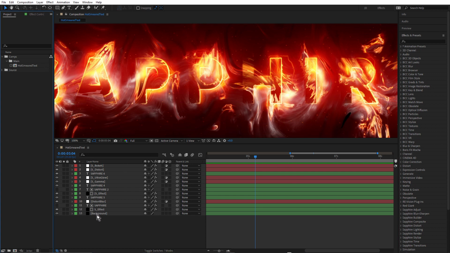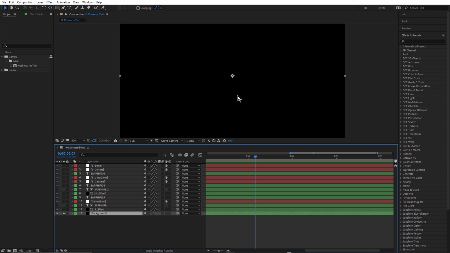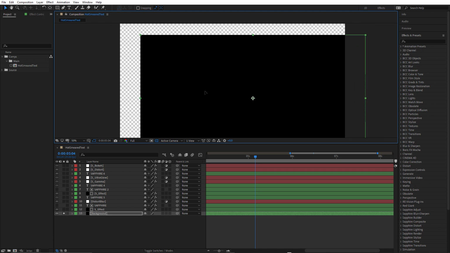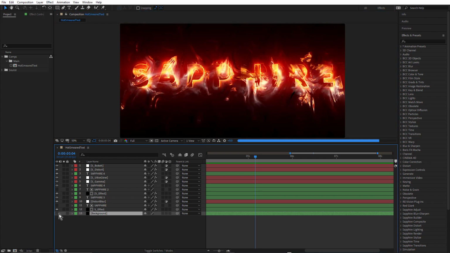And let's start right at the bottom here with backgrounds. Just going to select that and solo that by clicking on the solo button. And this is a simple black solid. Nothing to really talk about here, but it will make sense as to why I've put this in a moment. If I just toggle transparency grid, move that out of the way, you can see that is indeed a black solid. So I'll toggle that again and just turn that off for a moment and hide it.